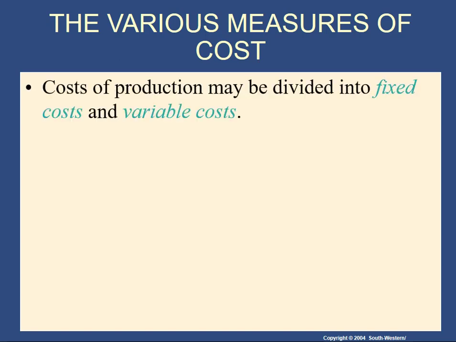Now we're going to talk a little bit more about costs and try to dig into how the firm decides to produce more output when the price goes up. If you're thinking about it, you can see that if they have increasing costs, they really need a higher price to justify producing more output. So we're going to focus on the costs now and talk about them for most of the rest of this lecture.